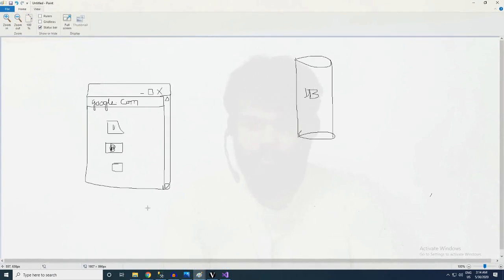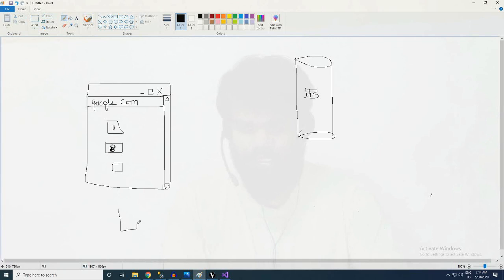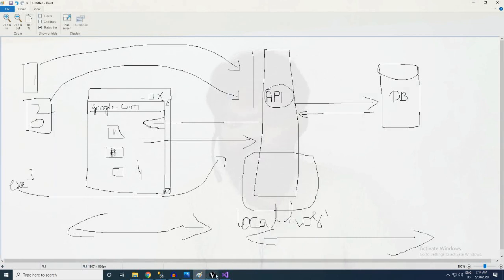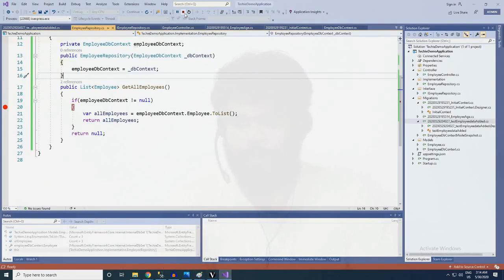Otherwise, if it is a mobile platform, or an iOS platform, or an exe application, we need to directly contact our database, which will make it easy for hackers to access our database without any knowledge of developers also. That became a main problem for all the people, and we just created a new API.